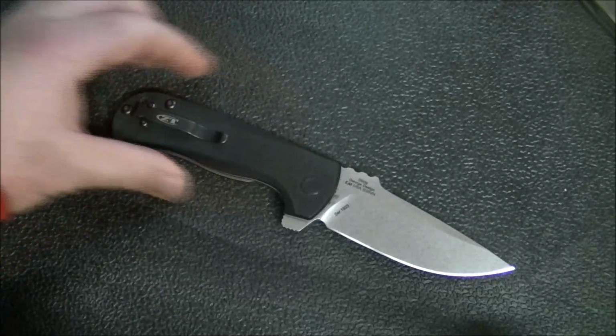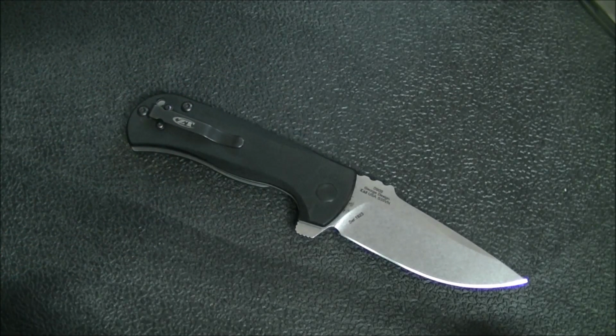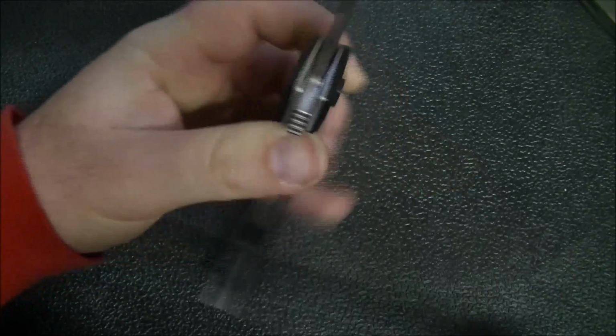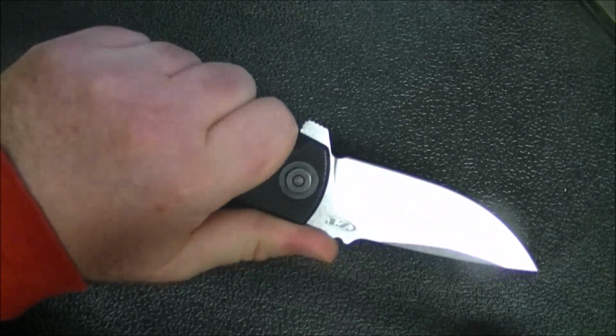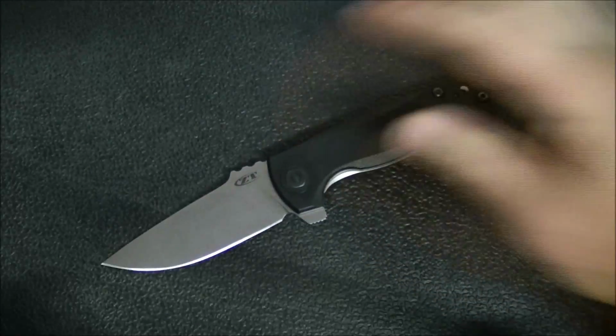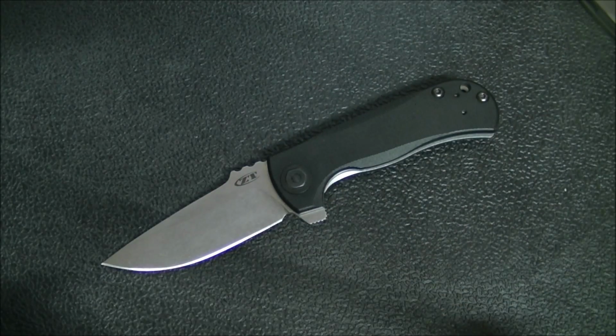Let's keep with our theme of other people's knives. Here is the Zero Tolerance 0909. And, you know, I knew by looking at this knife that it was one I would be interested in, but I just haven't had a chance to pick one up. There's a lot of knives that are demanding some of my funds, and so I'm like you, I can't buy every single knife that I want to buy. And this has certainly been one that I was wishing to buy, and I probably will at some point